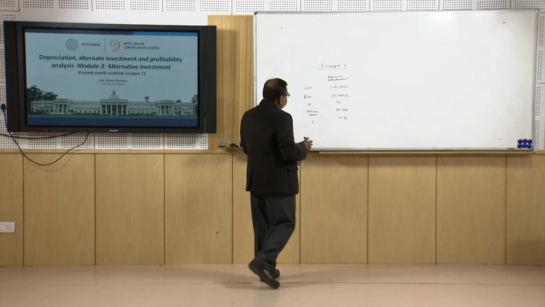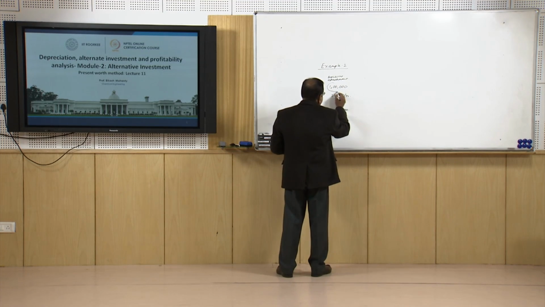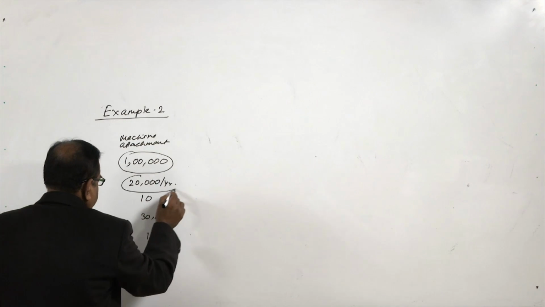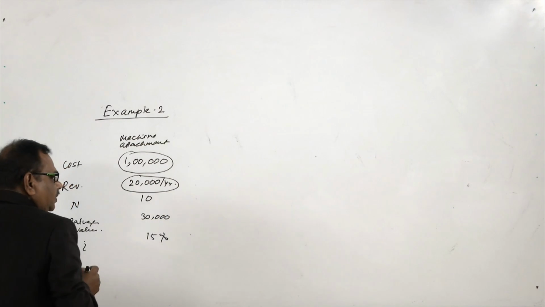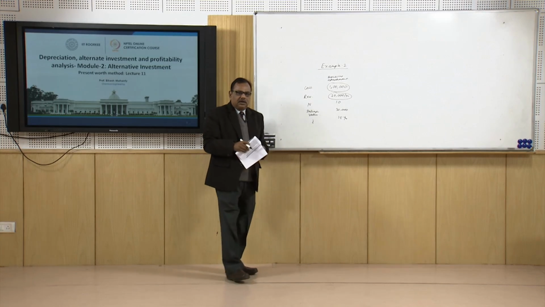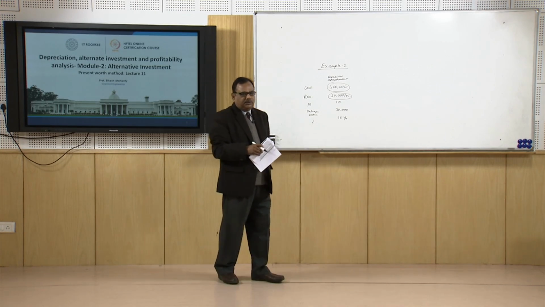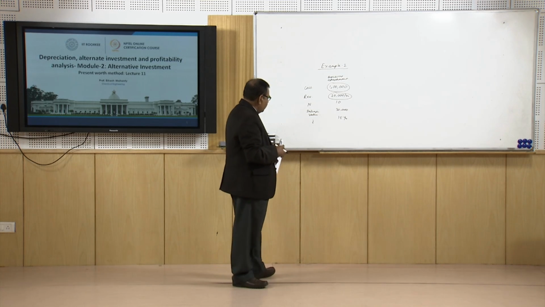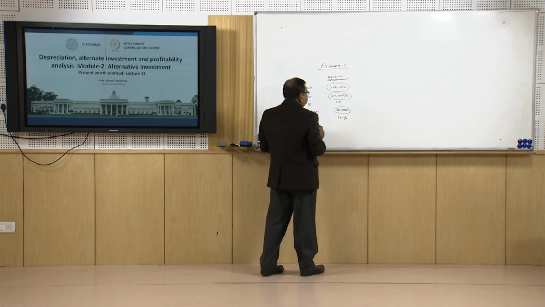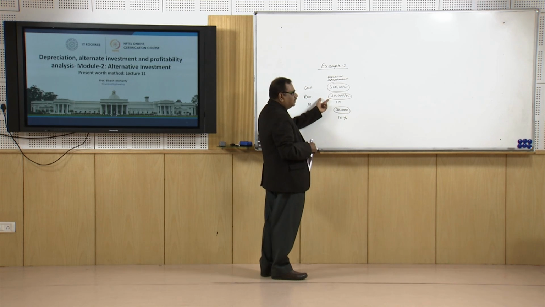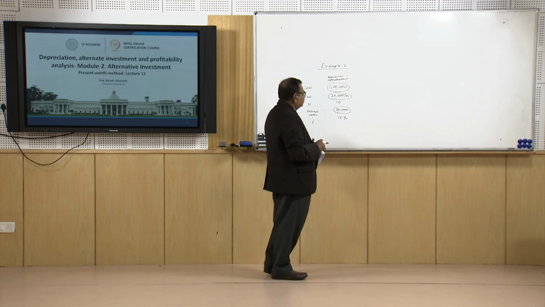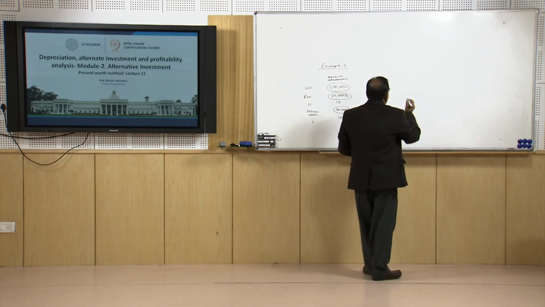Now, we see this cost is already present worth, but this part is not present worth. I have to find out present worth because it is an annuity. Every year up to 10 years I will get revenue of 20,000 rupees, and the salvage value will be obtained at the end of the 10th year. So, this has to be converted to present worth. So, if I see the timeline,